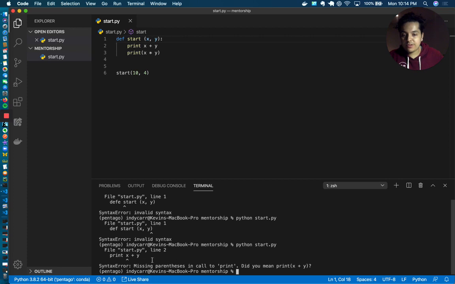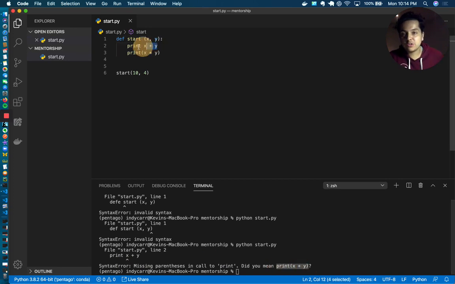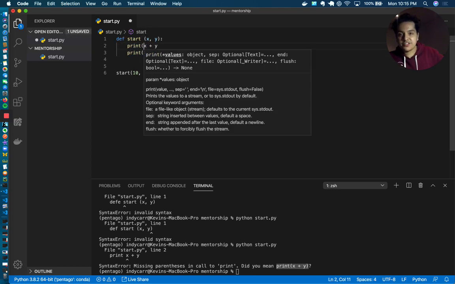Okay, I'm missing parentheses in call to print. Did you mean print(x + y)? This is an awesome thing about Python. This is actually a very helpful error message. It doesn't explain why this print statement is correct, but essentially in Python 2, this is how you were able to print things. But in Python 3, now we print things like the thing below. So if I change that,